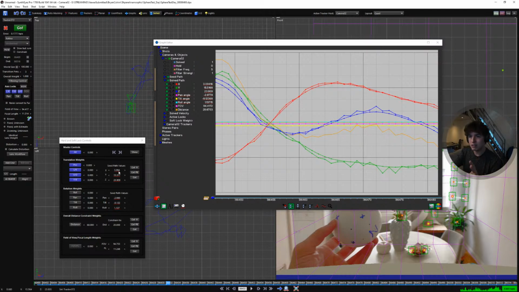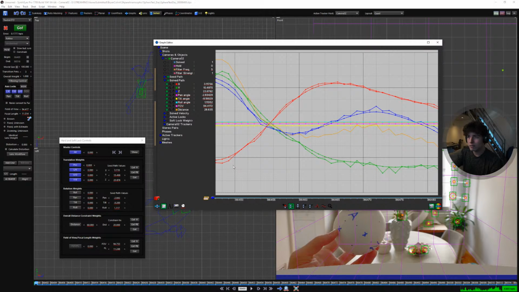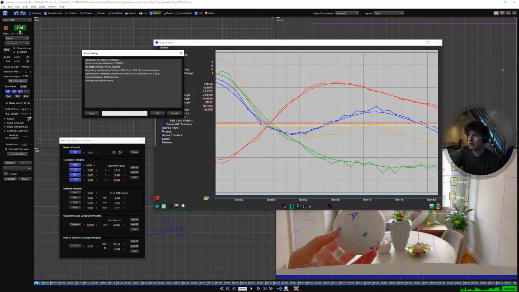The point of having them separate, why you load in your smooth path here, why you hit get, is because there is actual weighting to this. 0 is a hard lock. 0 means if I have our lock on, it's gonna 100% make this crooked path this smooth path. So if I hit go,